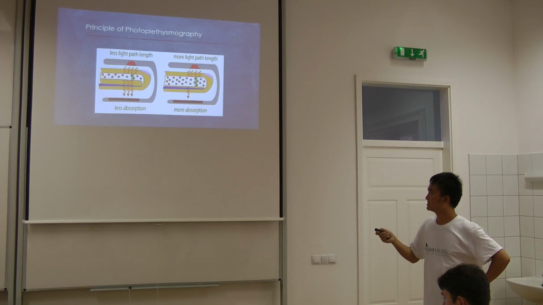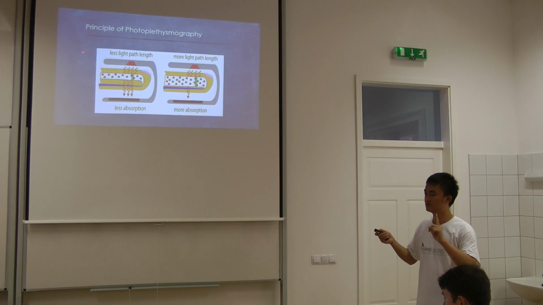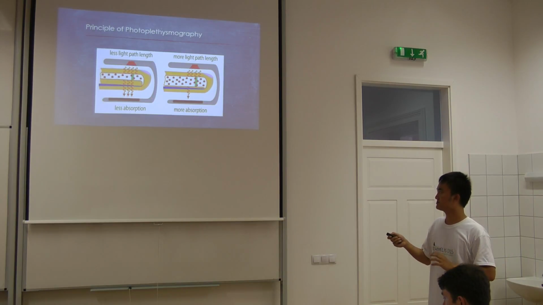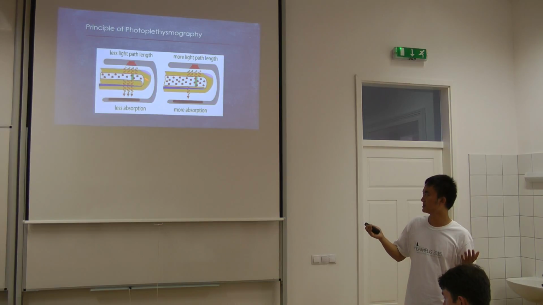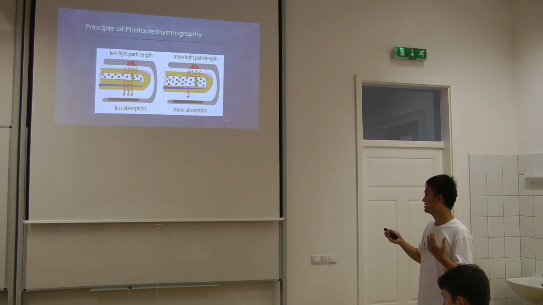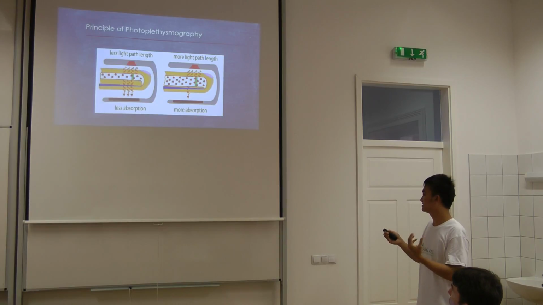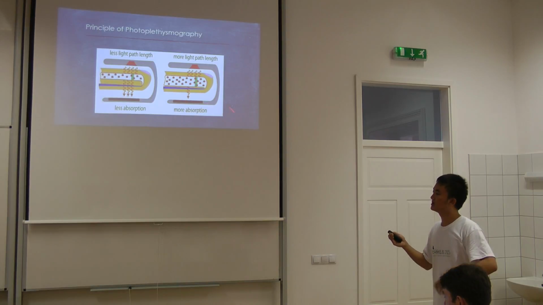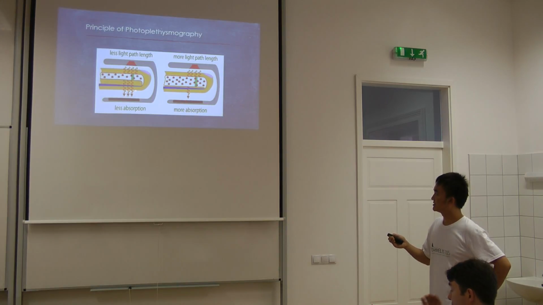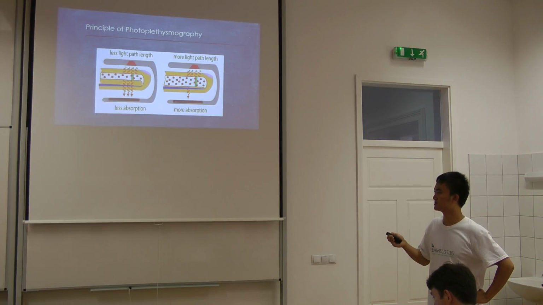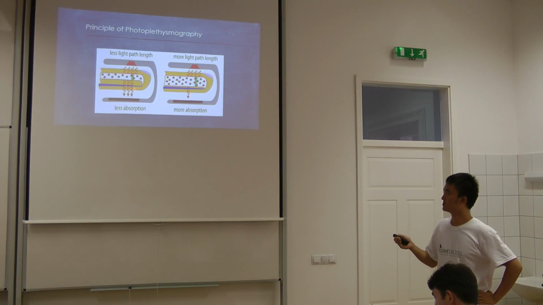Our vessels. We consider it as one vessel, but there are many. So when your heart expands, there will be less blood here, and when the volume of your heart decreases, the blood will be pushed out of your heart, so here there will be more blood. And because the tissues absorb a certain intensity of the light,